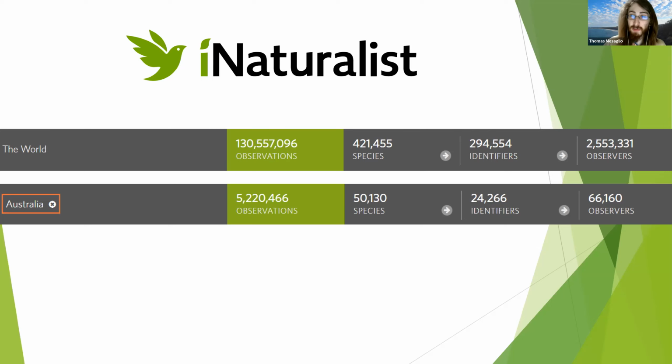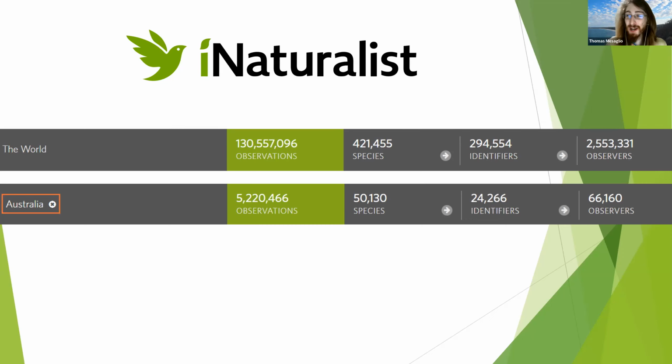And if you take out some of the really common groups like birds, which have a lot of other citizen science platforms like eBird, then iNaturalist data actually dominates for many, many species. And from an Australian perspective, we're up there as one of the big players as well. Now, of course, the US is out on top. They have a much, much bigger population and far more